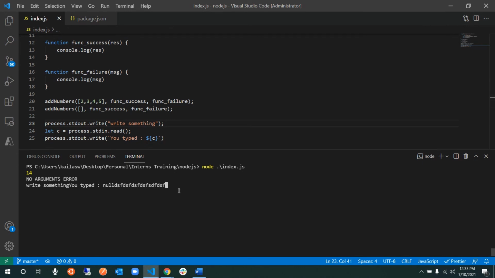So let me just go ahead and then do this, and it's not printing anything because they are getting executed immediately. Like this happens and then immediately this is happening. We do not have async and await yet. It's supposed to wait for this, but it's going ahead and then it's printing this. Got it?